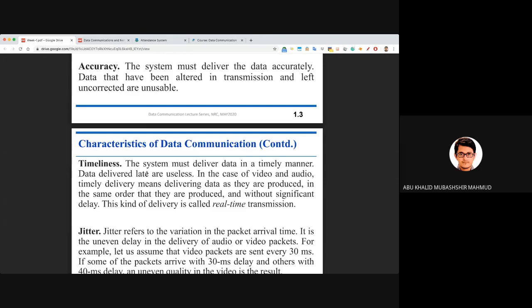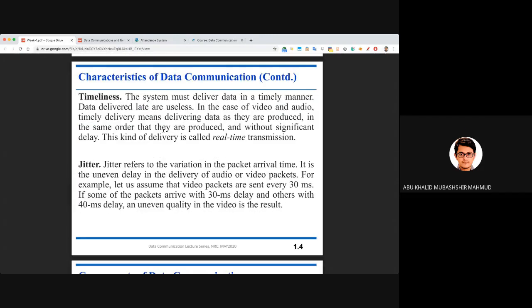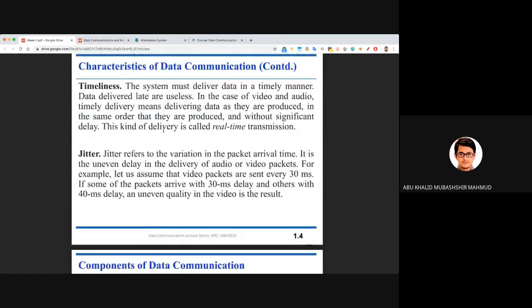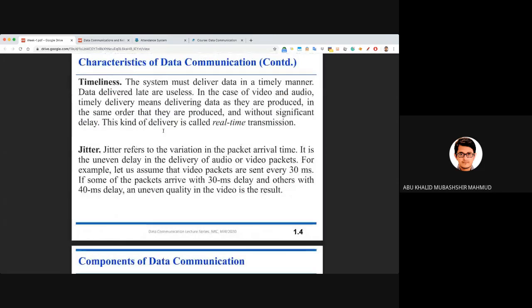So this is the problem with accuracy, that data needs to be accurate. It should not be altered in any form or be corrupted. Please remember this example. It might help you to remember the terms: accuracy,